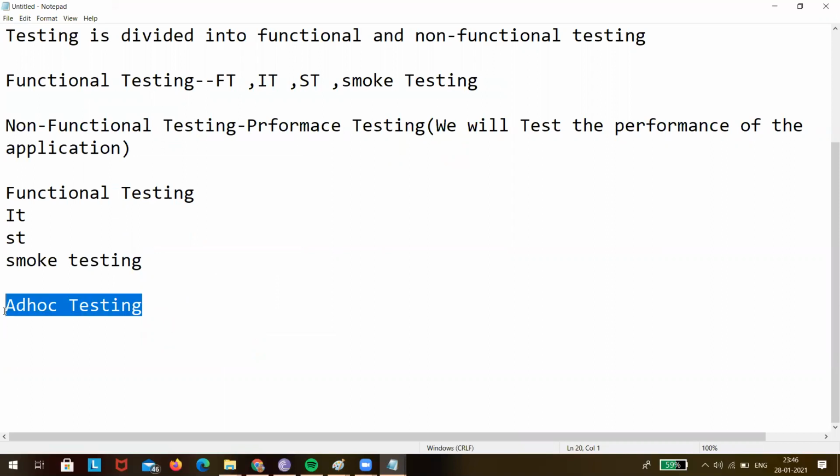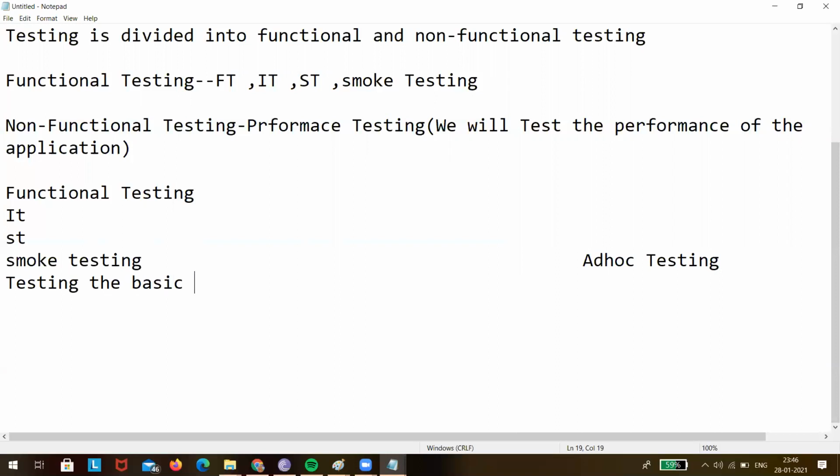So I told you smoke testing, I told you ad hoc testing. Who is going to tell me the difference between smoke testing and ad hoc testing? Let us write it down. What is smoke testing? Testing the basic and critical features of the application.